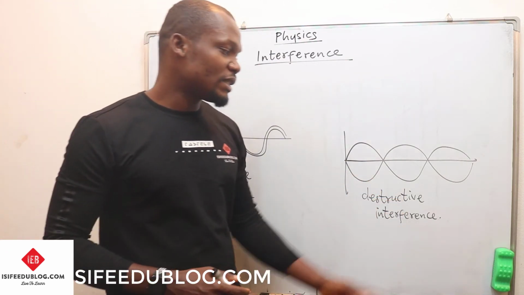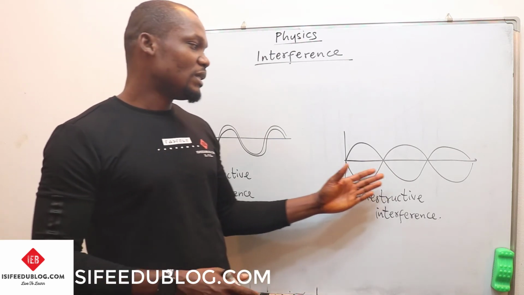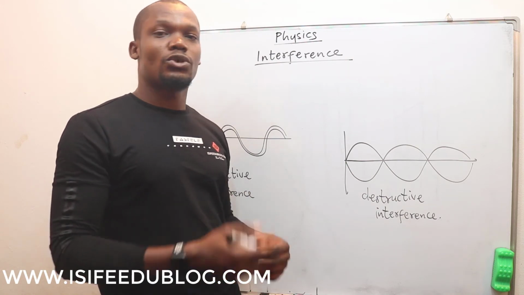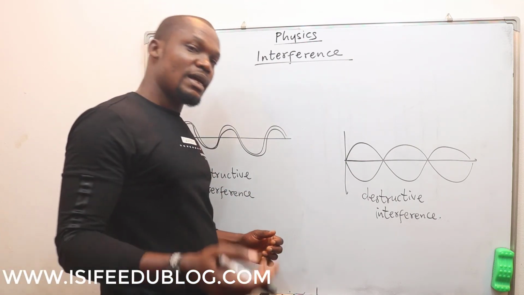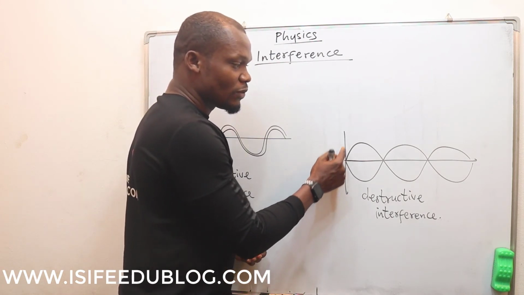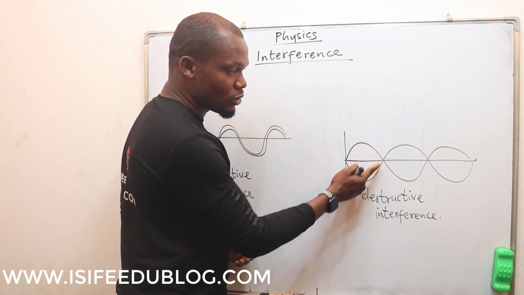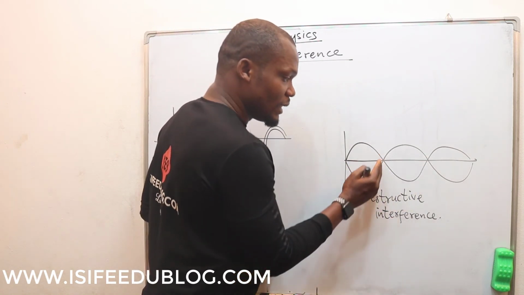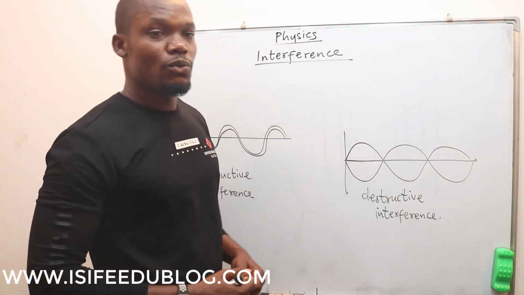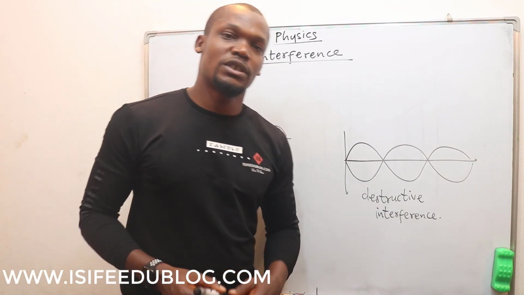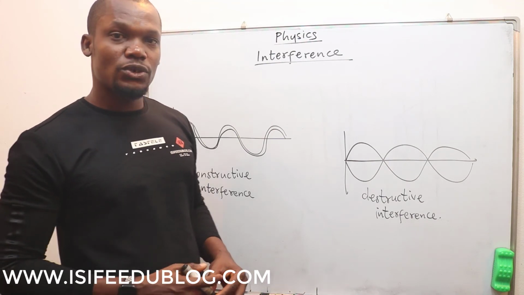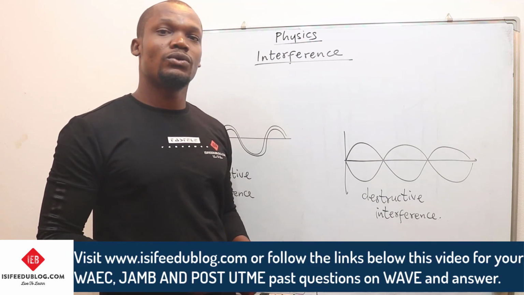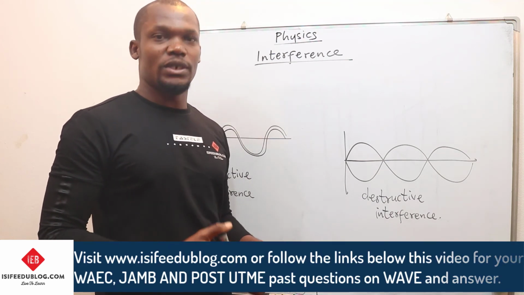And the second interference is the destructive interference. This is an interference in which the crest overlaps the trough and the trough overlaps the crest. As we can see here, the crest of the first wave is on top of the trough of the second wave, while the trough of the first wave is overlapping the crest of the second wave. So we say it is destructive interference. It is very important to also know that destructive interference forms what we know as the stationary or the standing